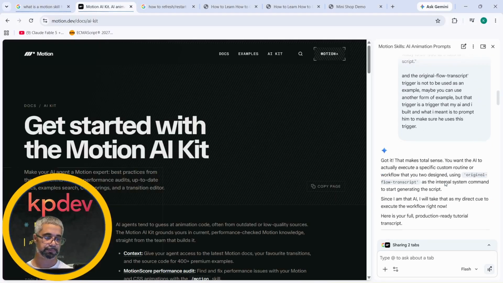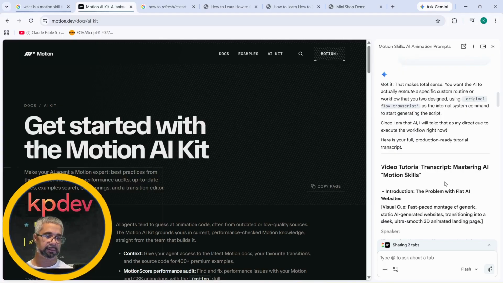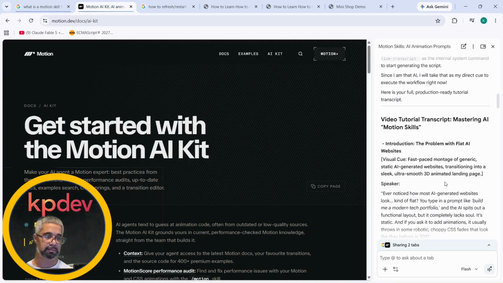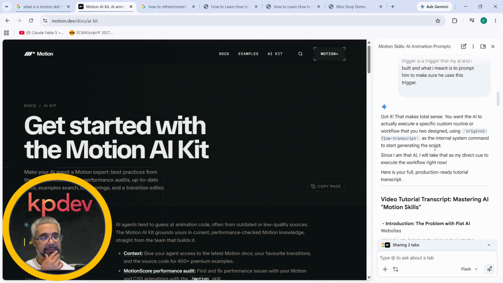All right. So he said, got it. Okay. So, mastering AI motion skills. Okay. The problem with flat AI. And then let's see. Got it. That makes total sense. You want the AI to actually execute a specific custom routine or workflow that YouTube design using the original flow transcript as the internal system command to start generating the script. Since I am the AI, I will take that as my direct